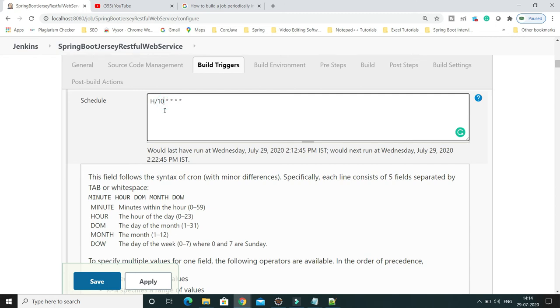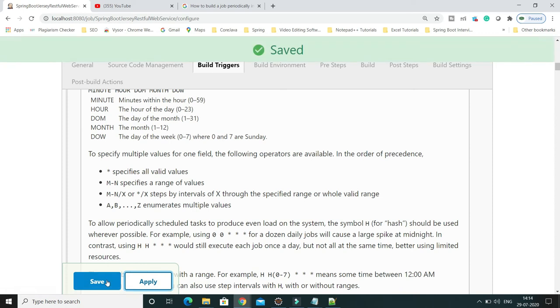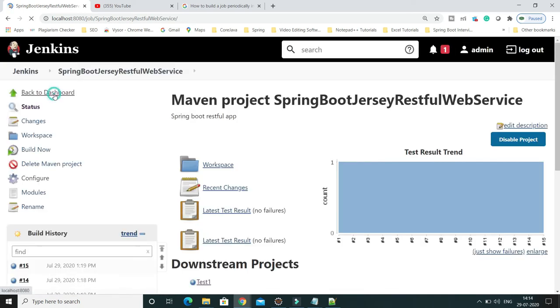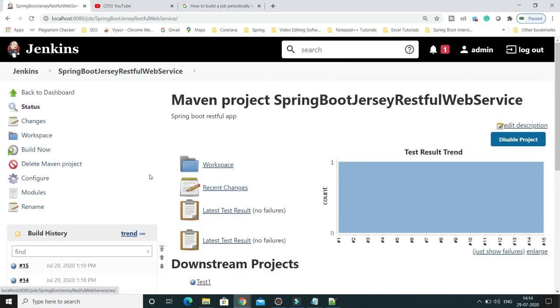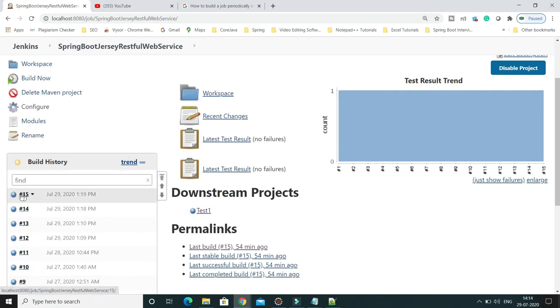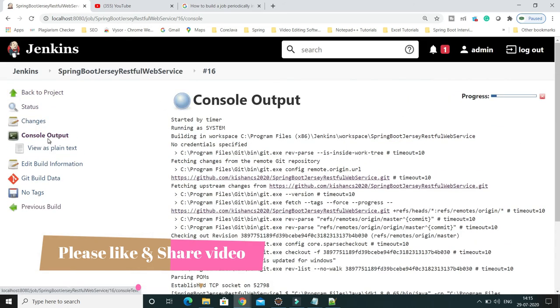Just for simplicity, here I'm going to specify that I would like to run my job every 2 minutes. So H/2 I have given, and let's apply and save, and we have to wait for 2 minutes. This is the job which I have configured. The last triggered job ID is 15. Let's wait for 2 minutes and the job is going to trigger. And here you can see the job has been triggered. If I click over here and go to the console output,